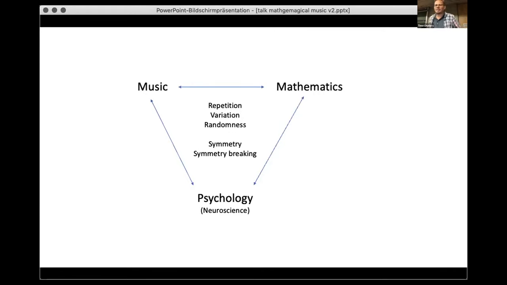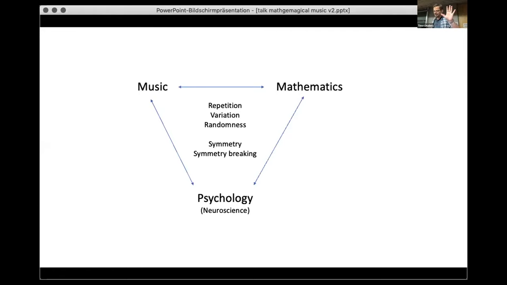The context of my presentation of 3 little pieces is the connection between music, mathematics, and psychology. And as Hector already showed us yesterday, there's a strong connection. It's all about repetition, variation, randomness. And as a physicist, I would say it's all about symmetry and symmetry breaking. Let's not go too far into it. But what would a mathematician say about this connection? He would say mathematics is so universal. It's the foundation of everything, of how the brain works, how music works. So of course it's connected.